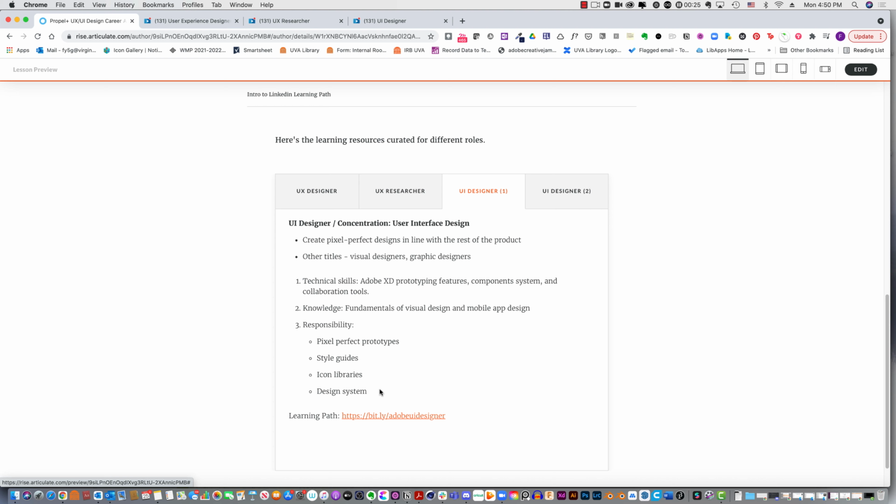And in terms of knowledge, it's ideal that you have some fundamentals of visual design background. If not, then I already curated some for you to learn. And also just some foundational understanding of what is good mobile app design and what are things you need to be mindful about. In terms of responsibility, then definitely the pixel perfect prototypes, and then often the UI designers help